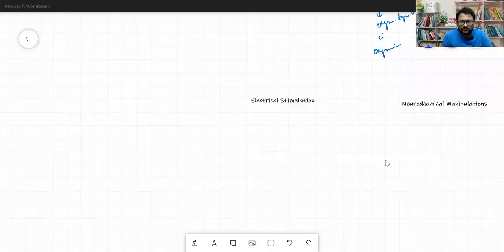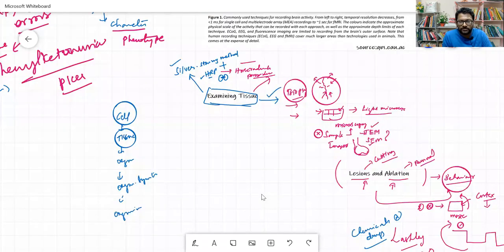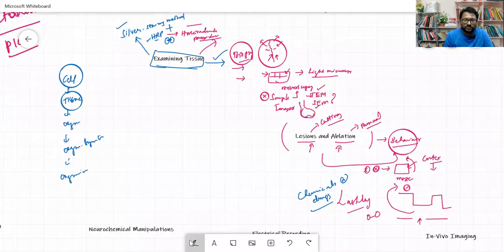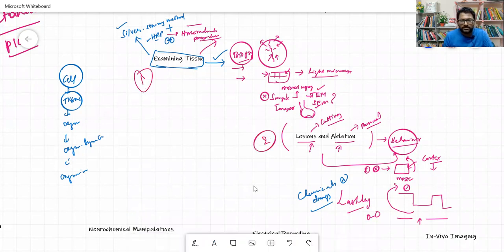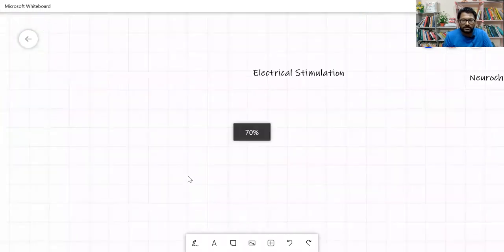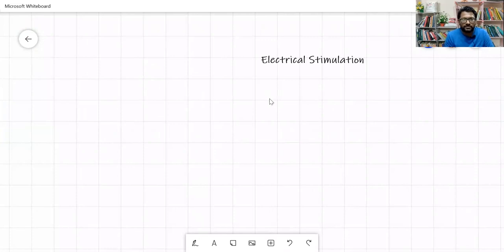So yeah, guys. Previously we have seen how tissue examining would be done. Later we have seen the second technique, that is lesions and ablations. In this video, let us see how electrical stimulation is done and what are the observations that we can make. So electric stimulation or brain stimulation has been used to map connections